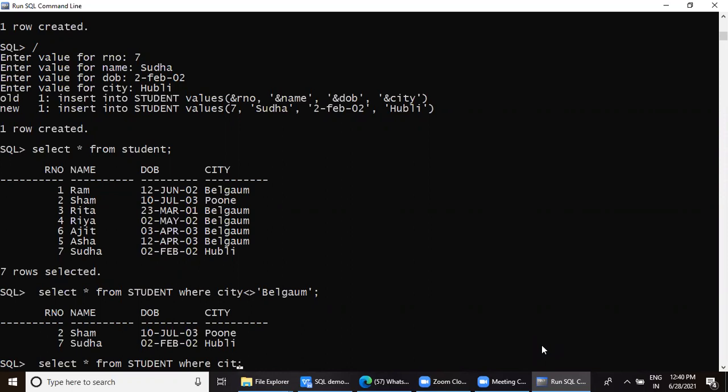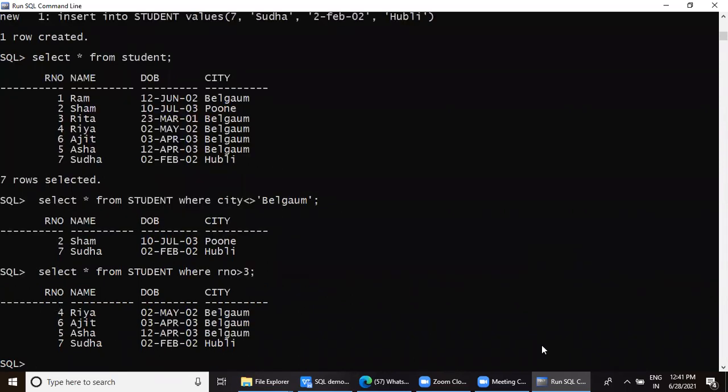All of you take down to display the student details for roll number greater than 3. So where now my search is based on the field roll number and I want greater than 3. So it will not include 3, remember, it will start from 4 onwards till the end. See 4, 6, 5, 7. So this is to display the records for the roll number greater than 3.